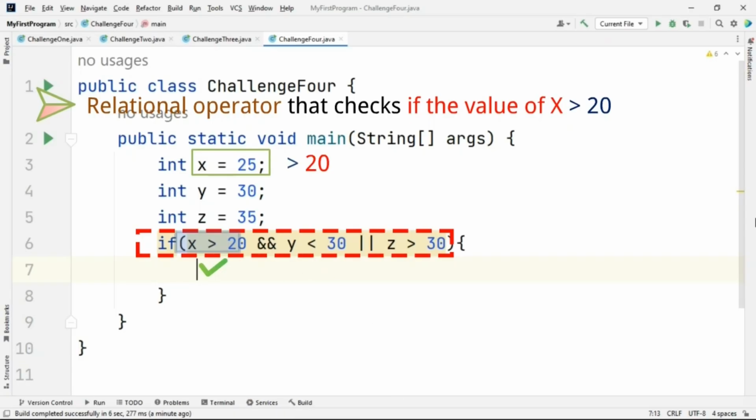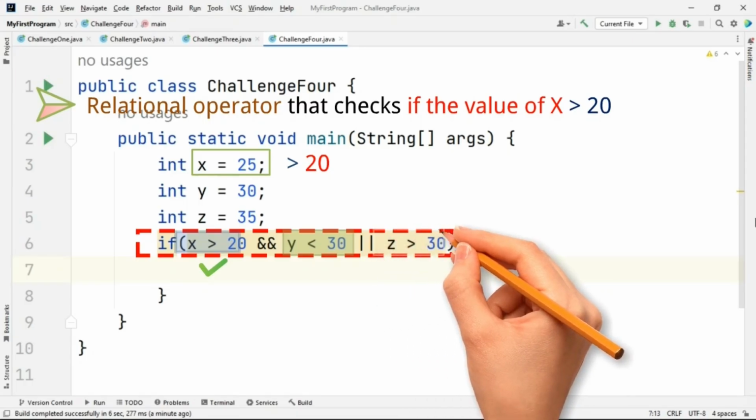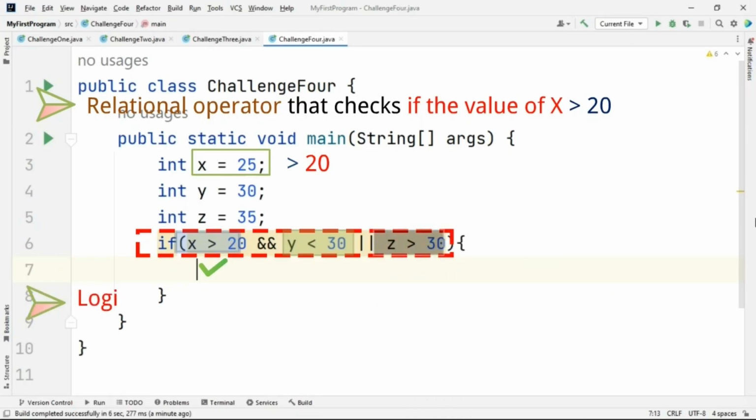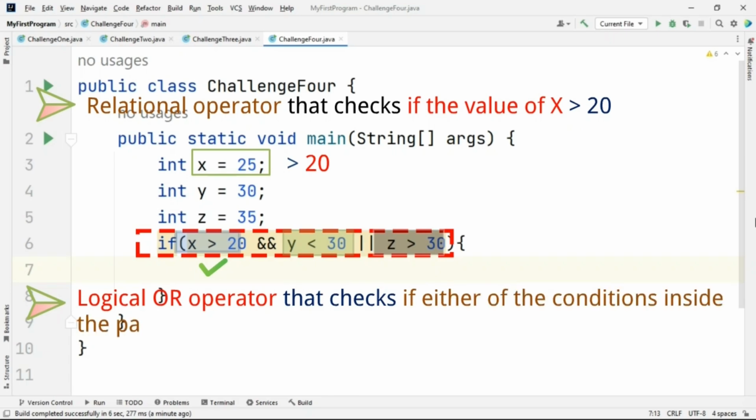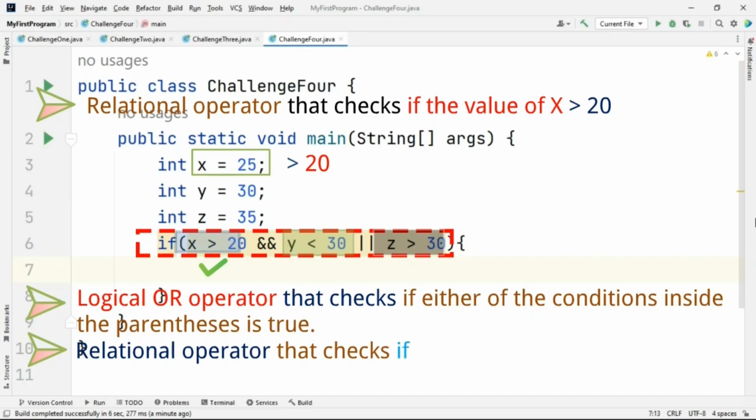All right, the second part of the condition is parentheses, y less than 30 or z greater than 30, which uses a logical OR operator that checks if either of the conditions inside the parentheses is true. The first condition, y less than 30, is a relational operator that checks if the value of y is less than 30. The value of y is 30, which is not less than 30. So this part of the condition is